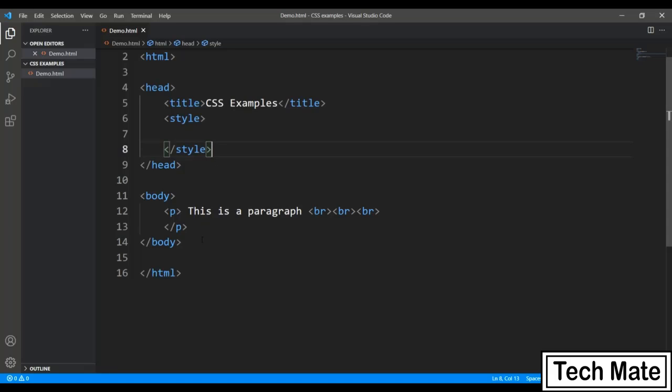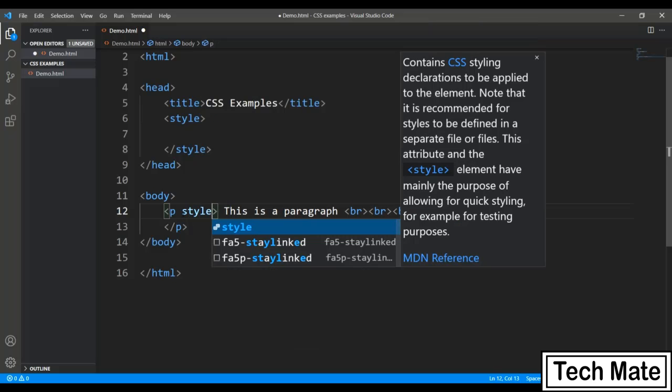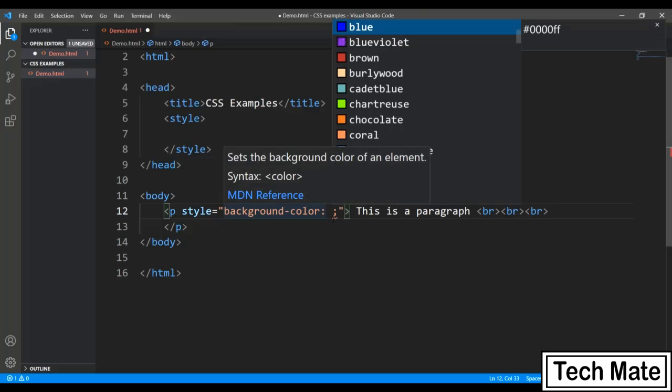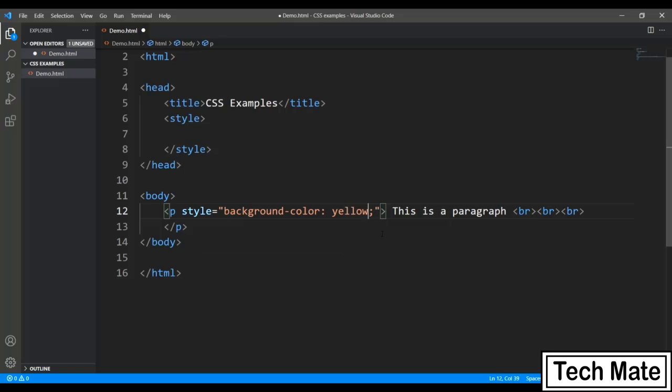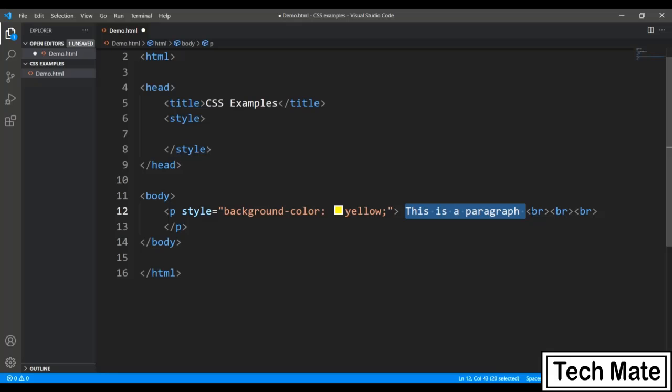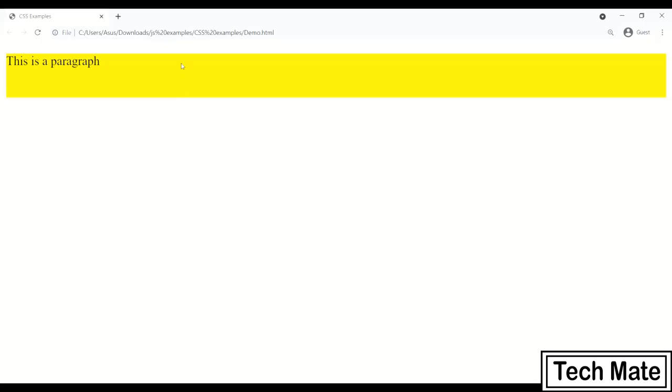Now, in order to set the background, let's first put the background for a paragraph, and for doing that, I'll put a style attribute. I can do that in the style section as well, but for this I'm going inline. So style is equal to background color, whatever you want, like let's say I'll pass yellow. That will change the background color to yellow. Since I specified the background only for this paragraph, only this much portion has a yellow background. But you can see there is a sentence, and after that I have added 3 line breaks. That's why you are getting this much height.